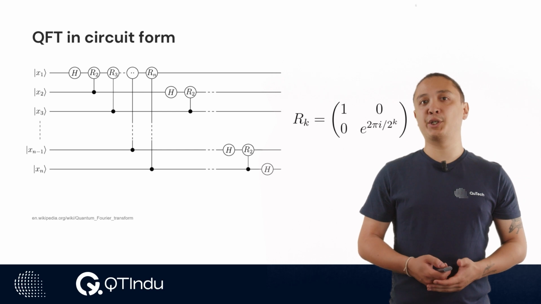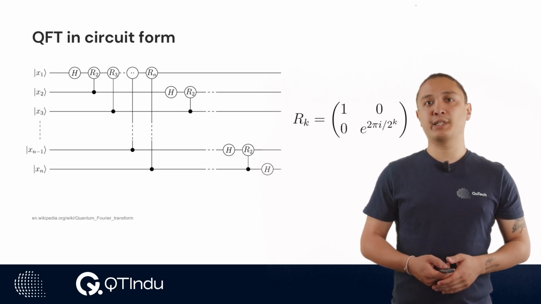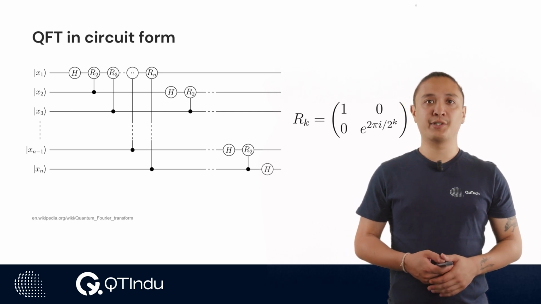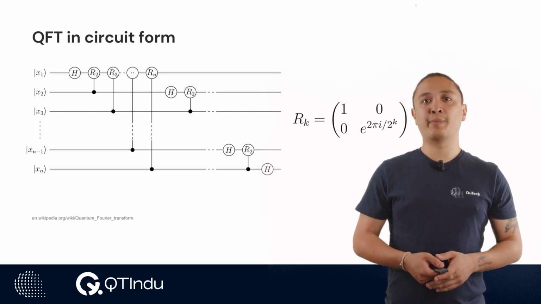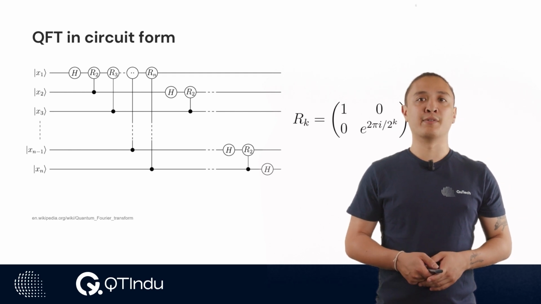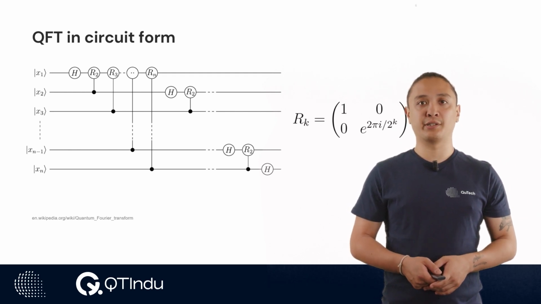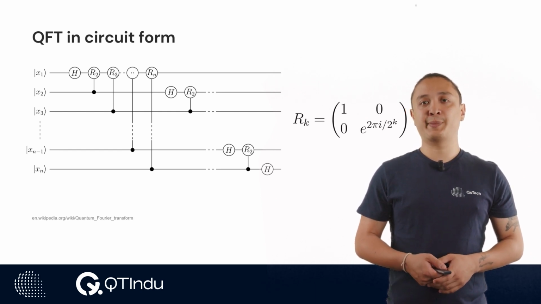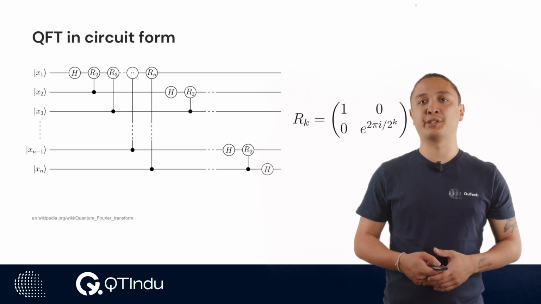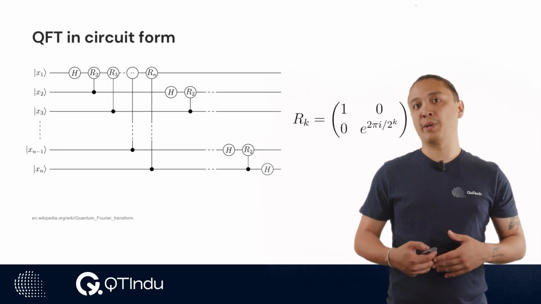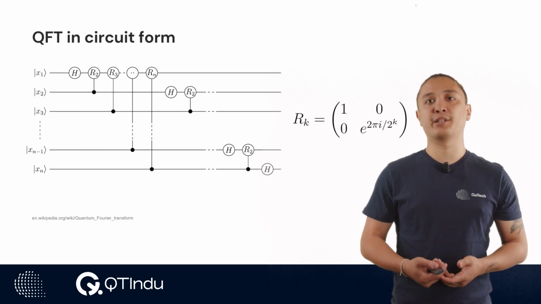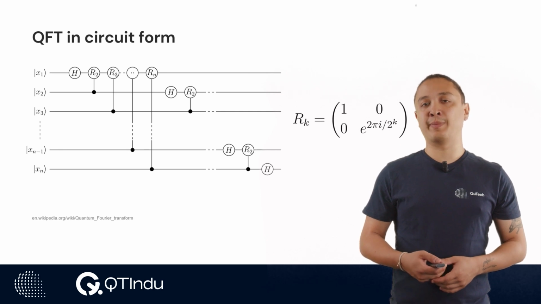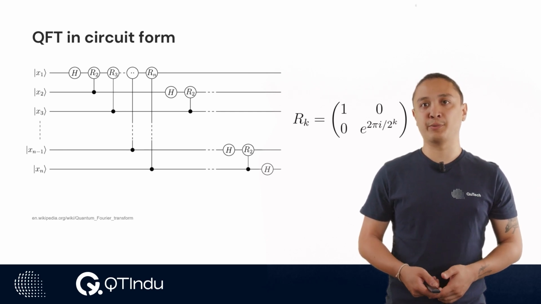On this slide, we present the QFT in circuit form, and we will see what gates are required to implement it. If we look at the first qubit, we see that first we apply a Hadamard gate. Then we apply n-1 instances of a specific controlled phase rotation gate. The definition of the R_k gate is provided on the right, where the subscript k corresponds to the amount of phase the rotation induces. So, we apply an R2 gate controlled on the second qubit, then an R3 gate controlled on the third qubit, and so on until we apply an Rn gate controlled on the nth qubit.